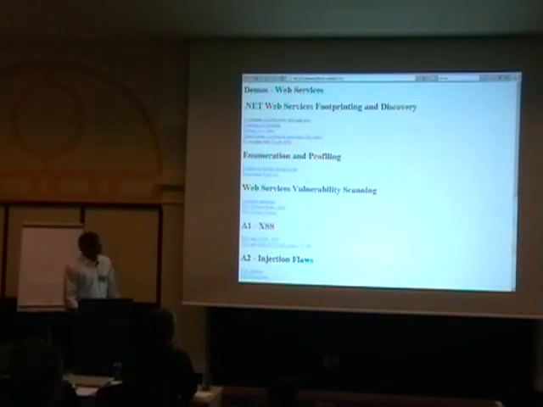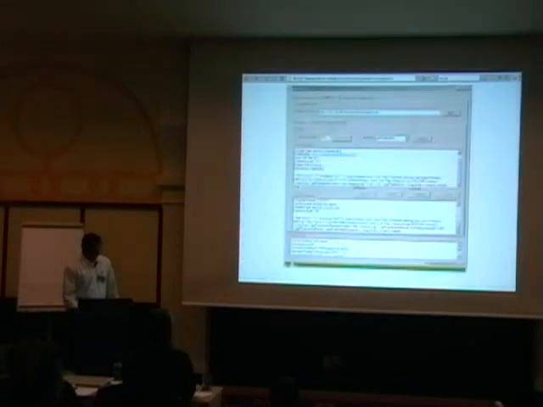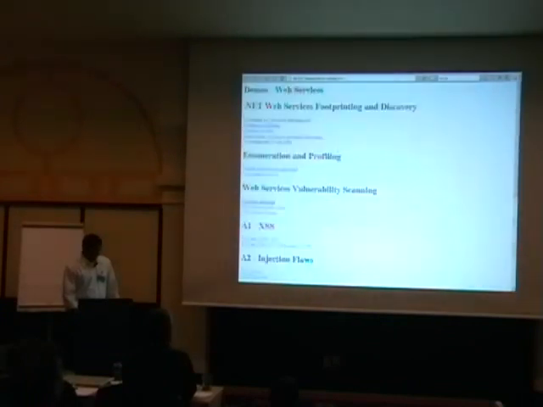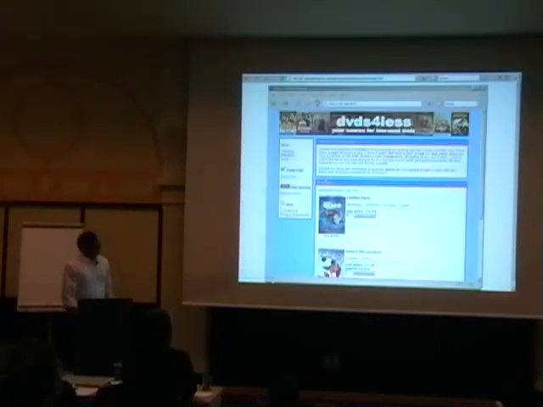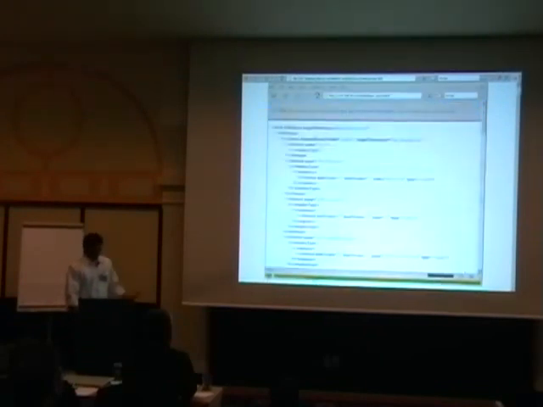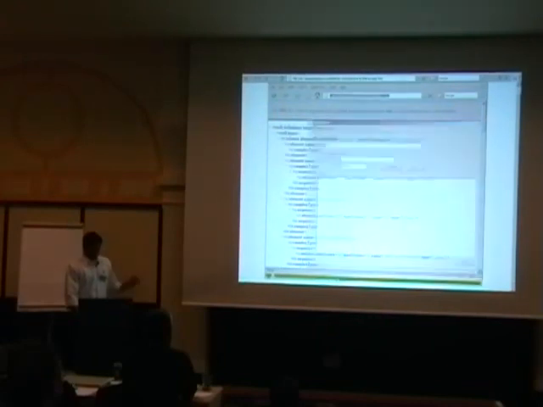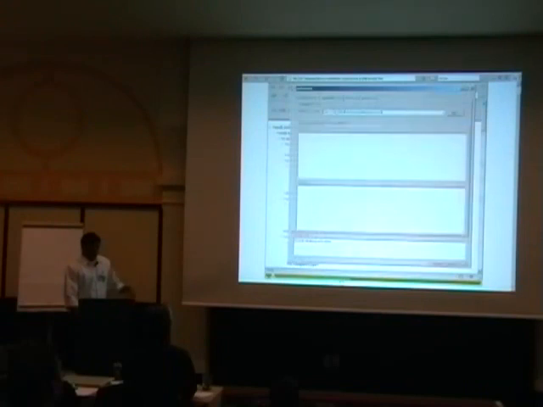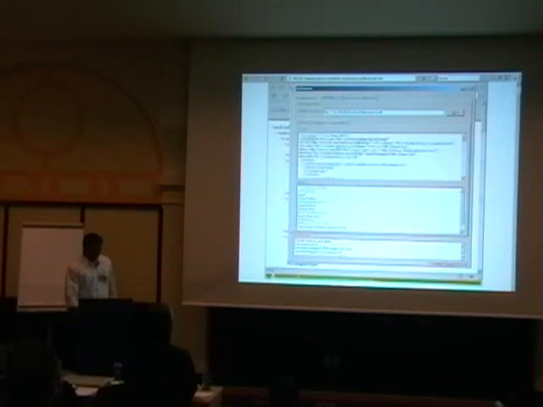Over here, for example, I'm doing a web services vulnerability, so I want to do parameter tampering. Wait a minute. Before that, I'm profiling and invoking the proxy. So for example, this is an application where I found the access point for a web service. So I take the WSDL file. Again, WS Scanner has a feature by which you can do vulnerability scanning. So I give the WSDL file to my scanner. It will go and get the profiles over here.